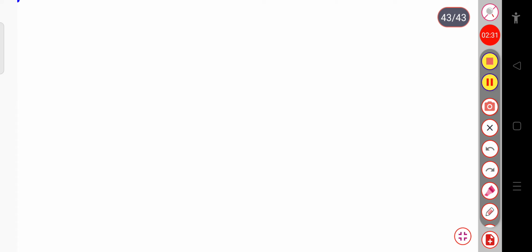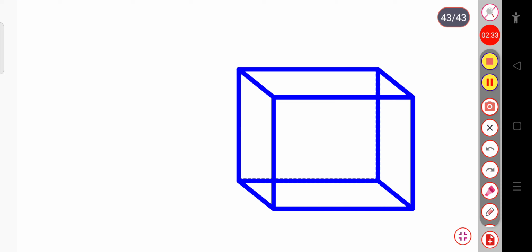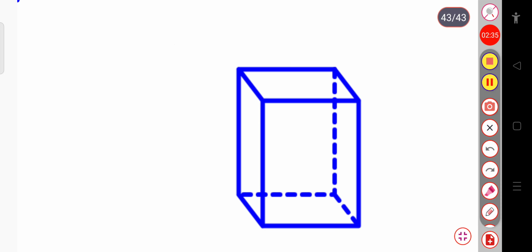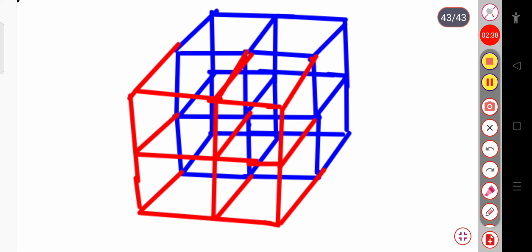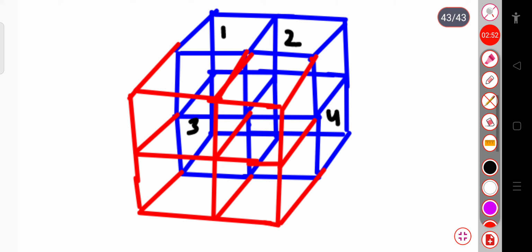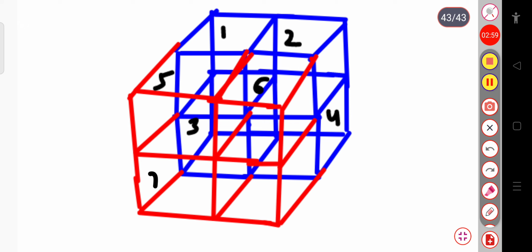draw the diagram for the simple cubic structure. Now here see, this blue one is suppose the first cube, this one is the second cube, and below this one is the third cube, and this blue one is the fourth cube. And just look at this red one, this is the fifth cube, and this is the sixth cube. This one is 7 and this one is the 8th cube. So now you can see there are 8 cubes present.